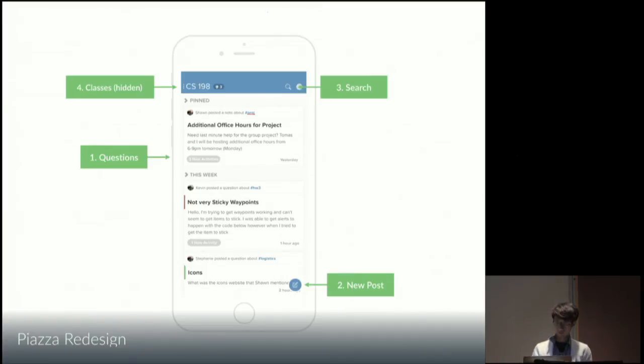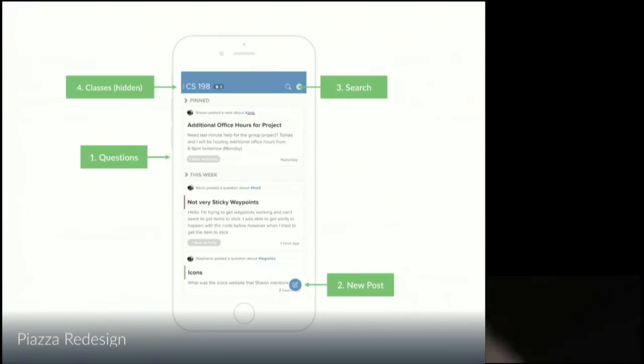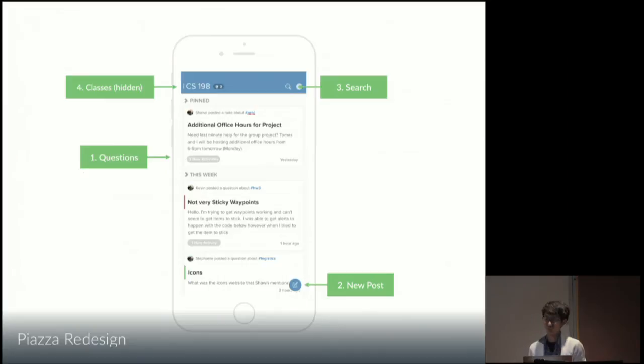And then the second thing that's most important is new post. So I put the new post button on the bottom right. And if you guys recall from the F-style layout, bottom right gets the least amount of emphasis. Can anyone tell me why I chose to put the new post on the bottom right instead of the usual F-style layout of top left? Why bottom right?